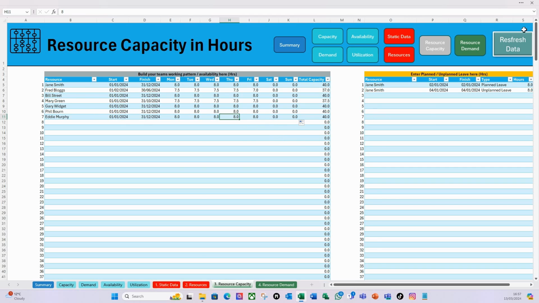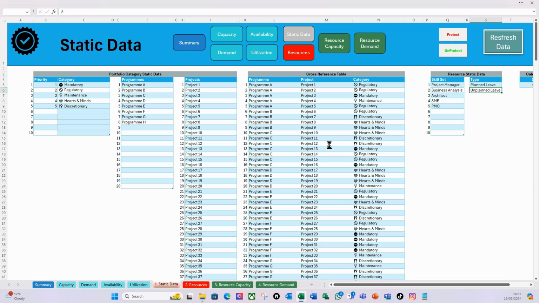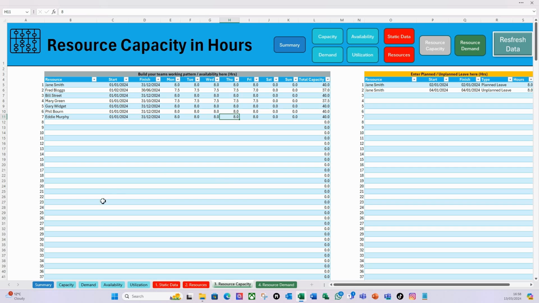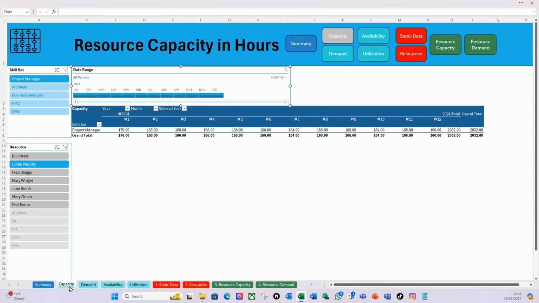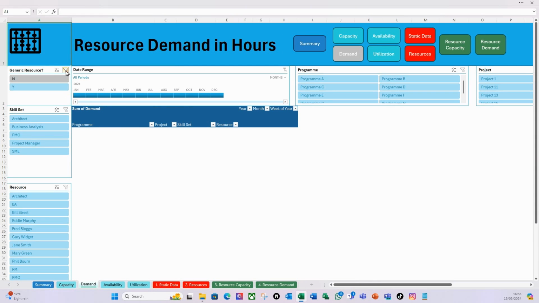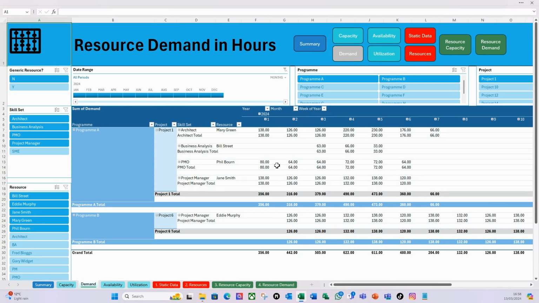And again, I'm going to refresh the data. And there you go. If I click OK, let's go back to capacity. And there you go. Eddie's now got some capacity there. So if I just remove that filter like so, if I look at my demand, and again, let's just clear that filter because I've got no generic resources allocated. We can see that we've allocated Eddie, we've allocated Jane. If I look at availability,